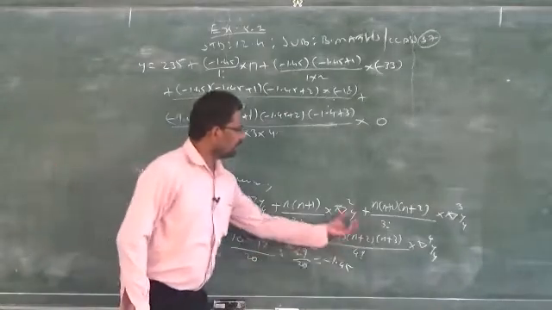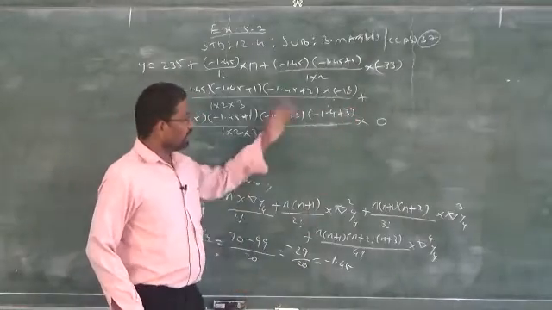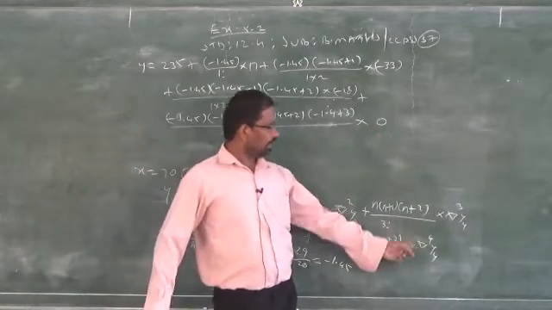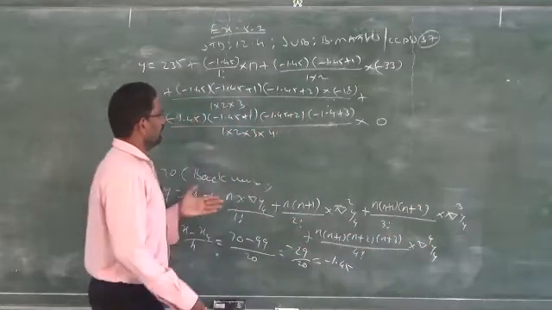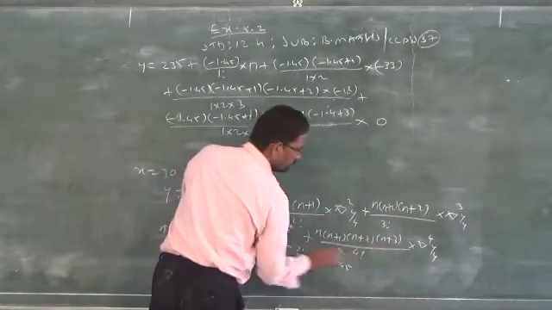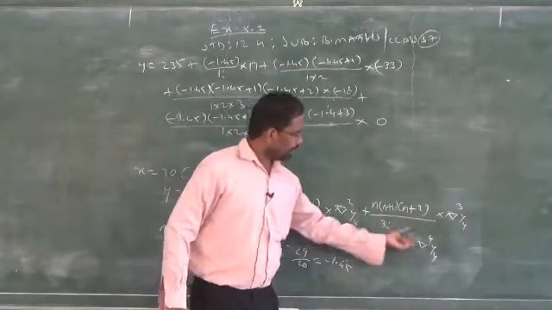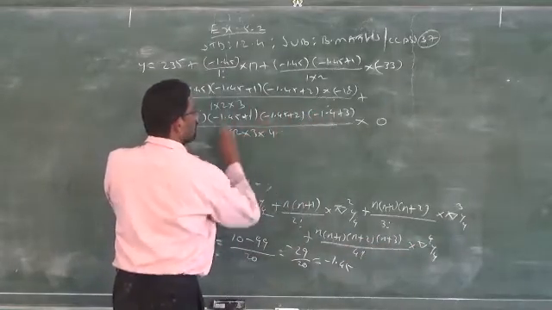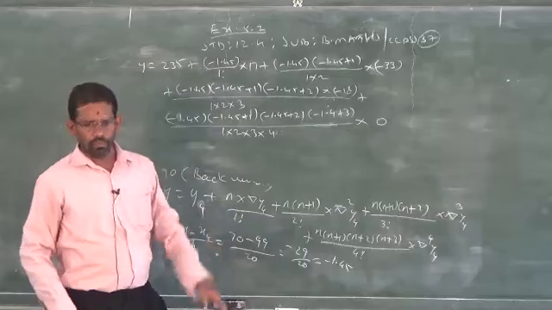So, this is not necessary to replace, because when you multiply 0 into anything, everything will become 0. Just for your understanding purpose, I am replacing n by minus 1.45, but when you see that nabla power 4 y4 is 0, this is not necessary. Just write plus 0 instead of substituting all the values in place of n and nabla power 4. When you find from the table that it becomes 0, you can write straight away 0. This process is not necessary. Clear? Now you have to simplify by using the calculator, and you will get the answer.